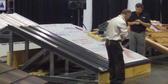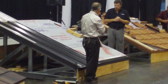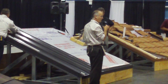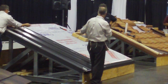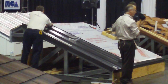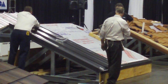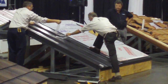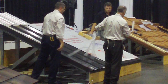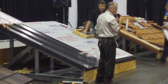I want to mention real quickly too, you'll see some masking on these panels. Typically, any painted roll form standing seam metal panel will have some sort of masking applied at the factory. That typically protects the panels during the transportation process. It is imperative you take this off as you go, or as you're installing or prepping the panels. As you can see, I can pretty much pull that right off. If this sits in the sun for about a week, it's going to get real stretchy. And lo and behold, about a month and a half or 2 months later,